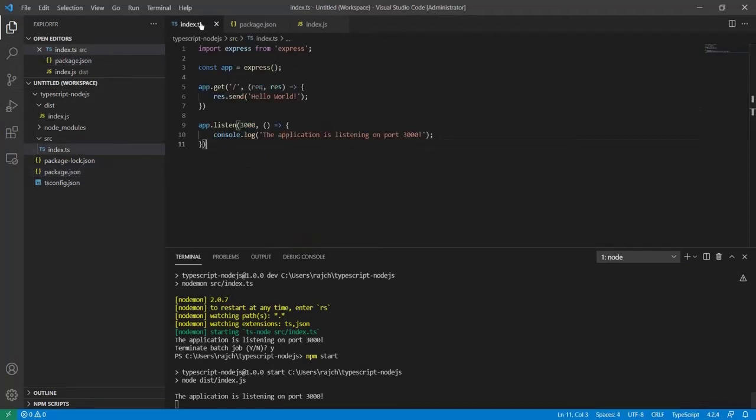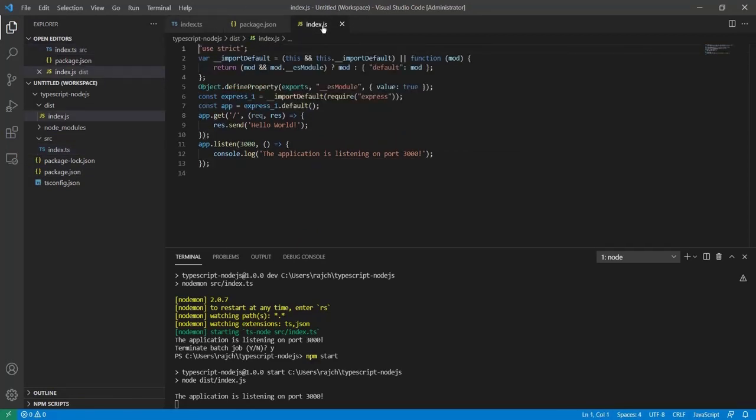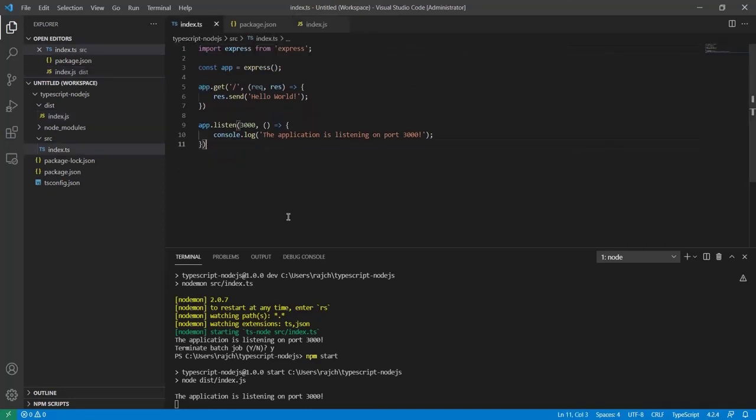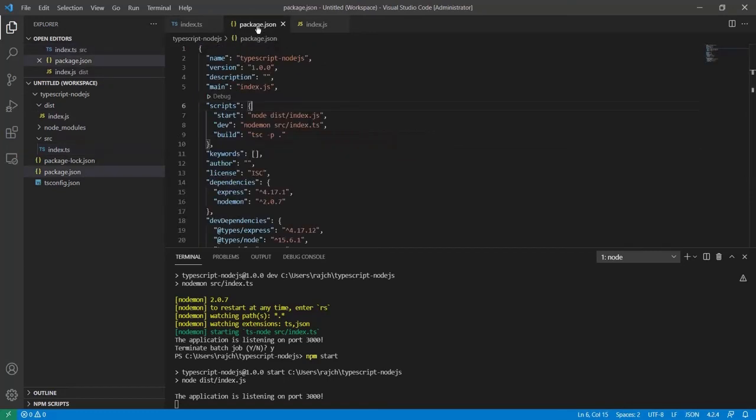The first time we used the TS file, and the second time using the start script we executed the JavaScript file. We do not need to run the TypeScript file using the npm run dev command; I just added this to check how our TS code is working.